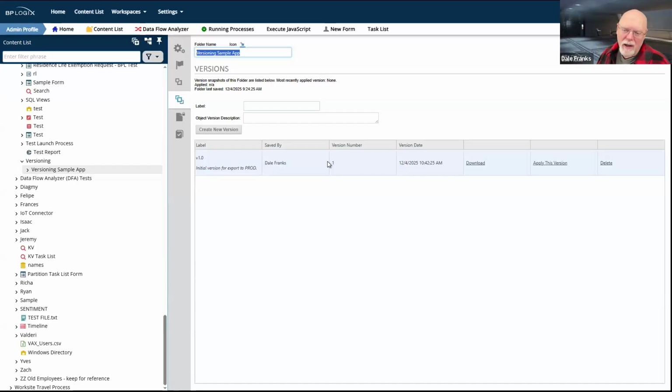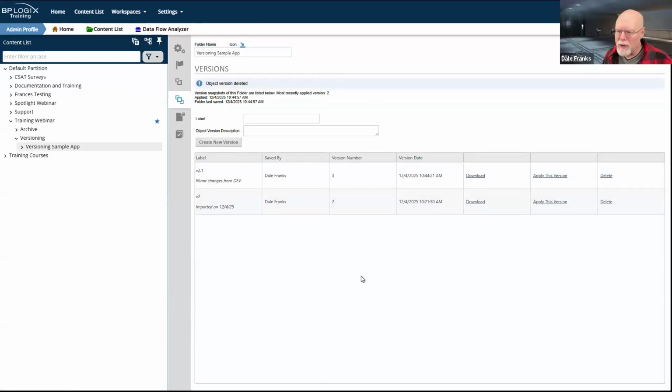But again, realistically, are you ever going to roll back to them? The only reason that you would keep them, since you're probably never going to want to apply them, would just be to download them and re-import them to maybe serve as the basis of another app somewhere else on your system. Other than that, you have to use your own judgment on how long to keep all of these versions on your system. But it is super important to keep these versions, especially whenever you're doing the transfer from dev back over to production.